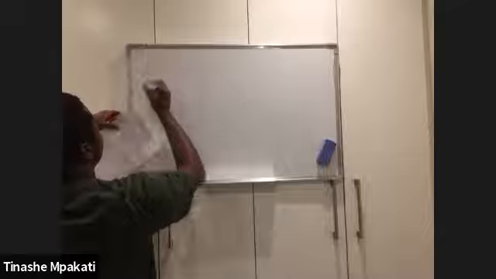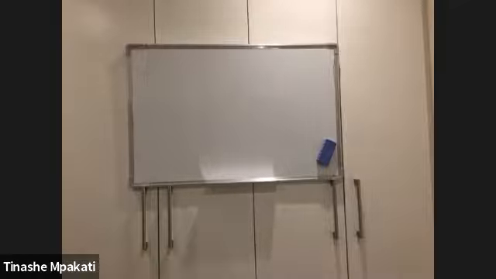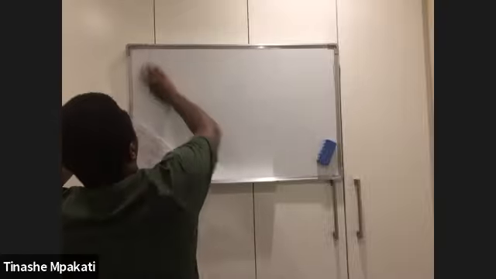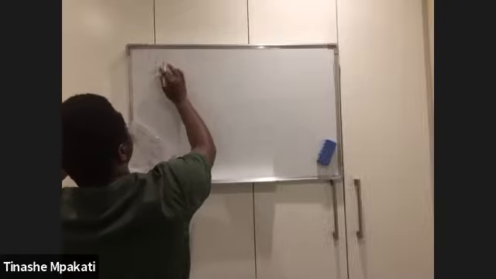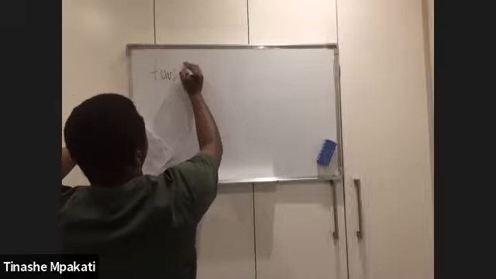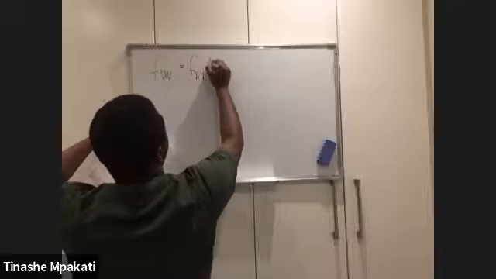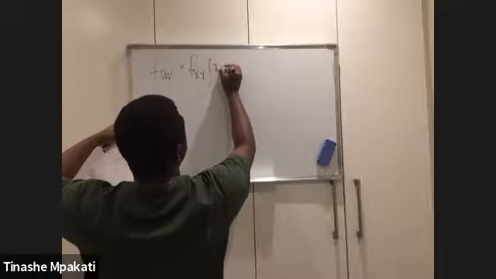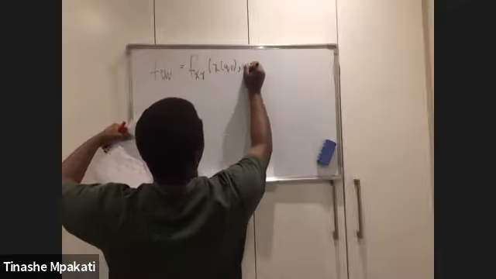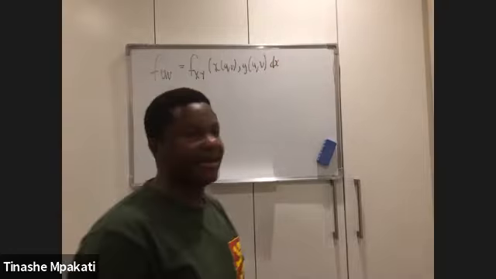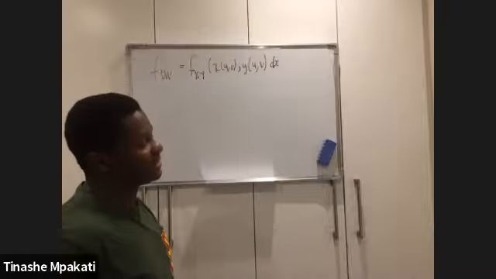Let's see. I think what I meant to write was FXY. I'm sorry, FXY. Let me write that quickly down again here. So I was saying my PDF of FUV, which is what we're trying to find, will now be equal to FXY, and then X in terms of U and V, Y in terms of U and V, times the Jacobian, like that. That's what I meant. So yeah, the W was a mistake there.